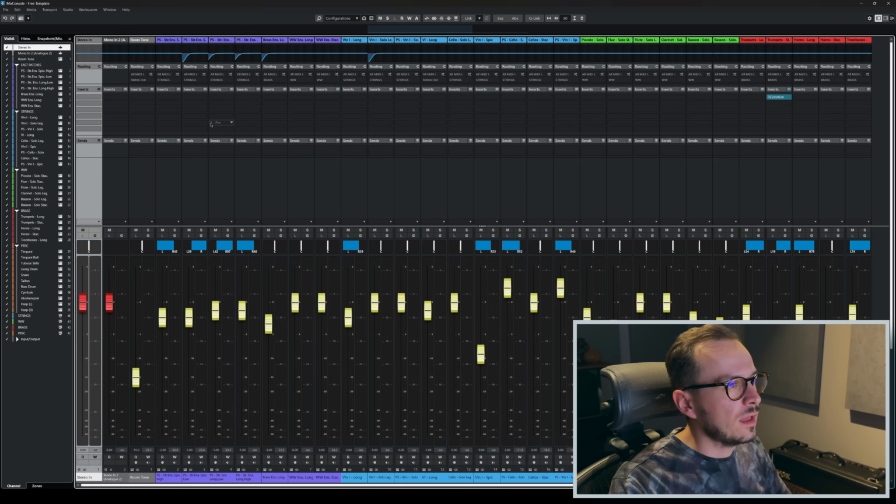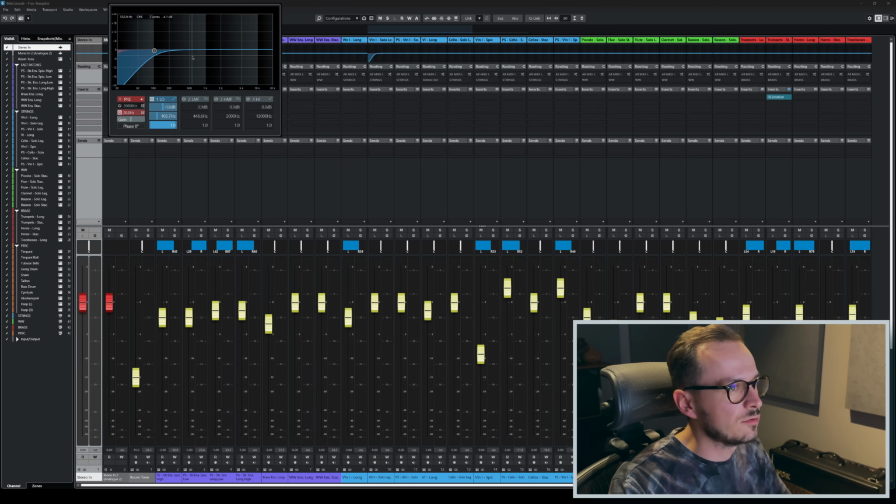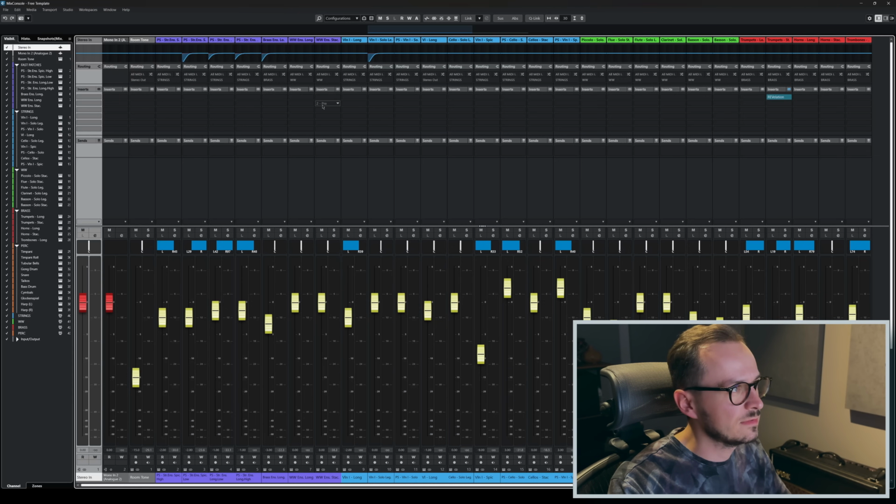So that should be all when we talk about the structure. Before we dive into the group sections and the mix, let's take a look at the overall layout of the mixer and some settings which I have implemented. Firstly, EQ. I'm not really a fan of implementing EQ on each track by default. I always treat EQing as an additional tool which I implement only if there is a need for it. So in this scenario I made a low cut especially for ensemble patches from Performance Samples to get rid of this low rumble and leave some space for other instruments,